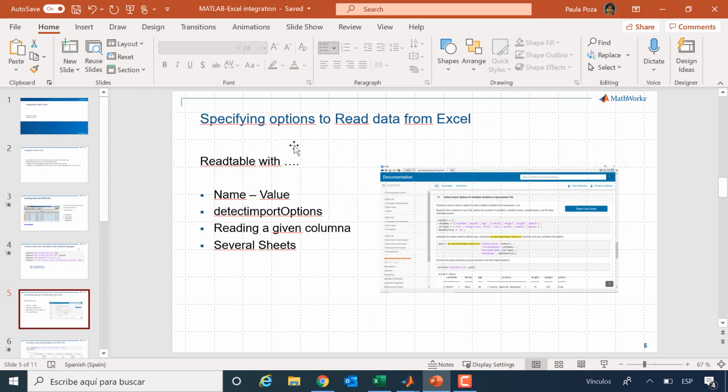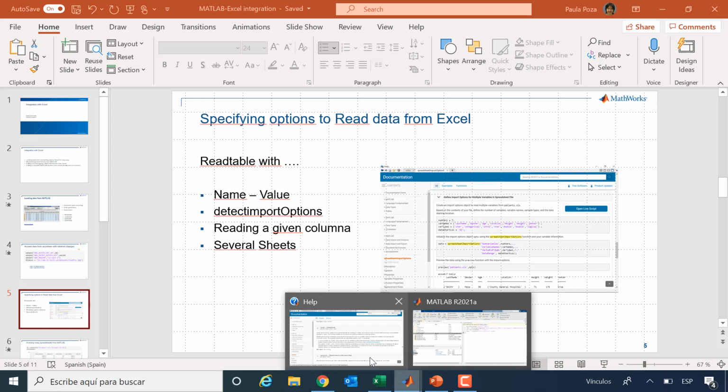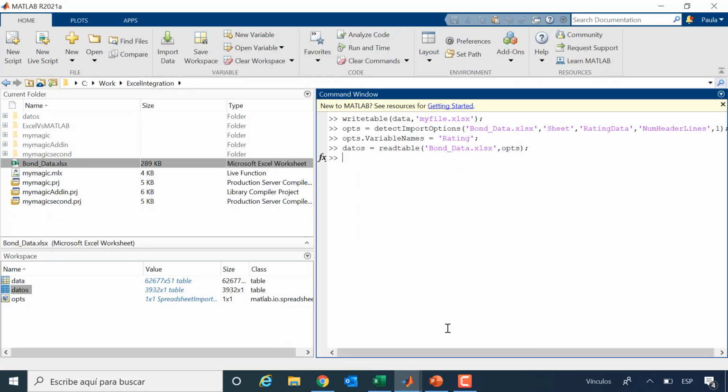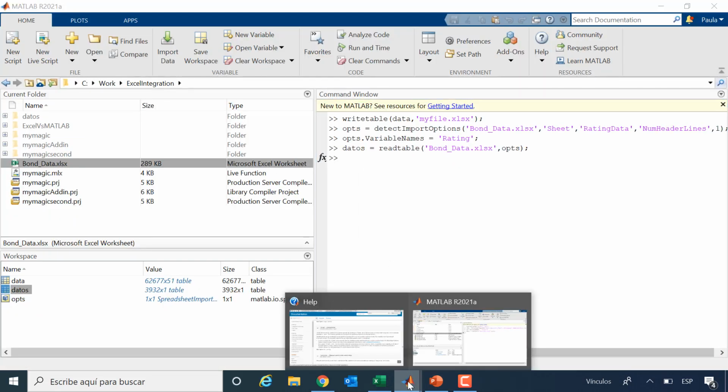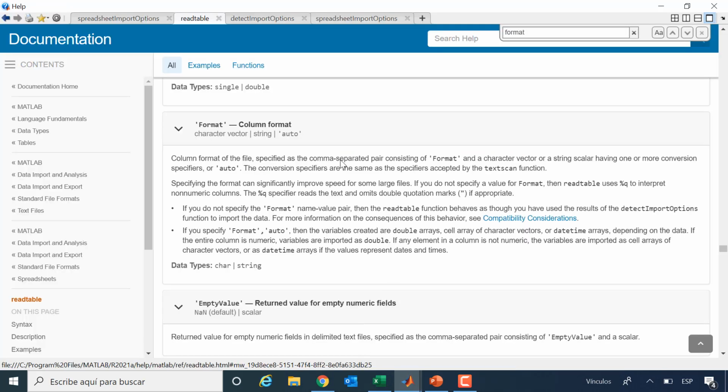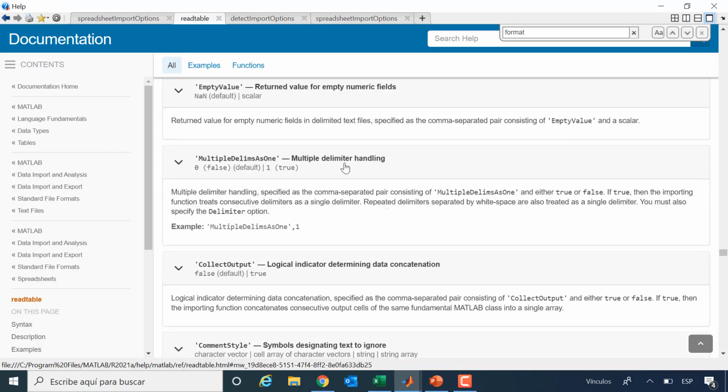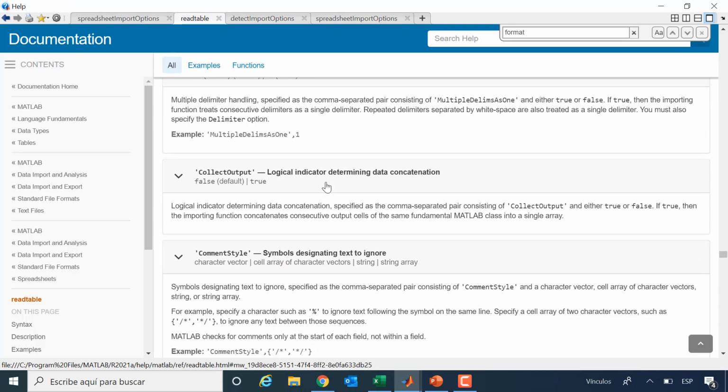So we've been seeing different options. I only showed you a few: readtable with name-value, detectImportOptions, reading a given column, and we could think as well how we can read several sheets. Okay, so in the MATLAB documentation, when we went here to readtable, you saw certain examples, and some examples refer to a spreadsheet called airlinesmall.